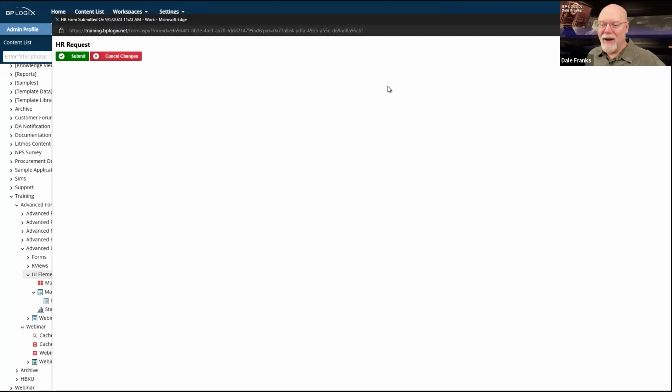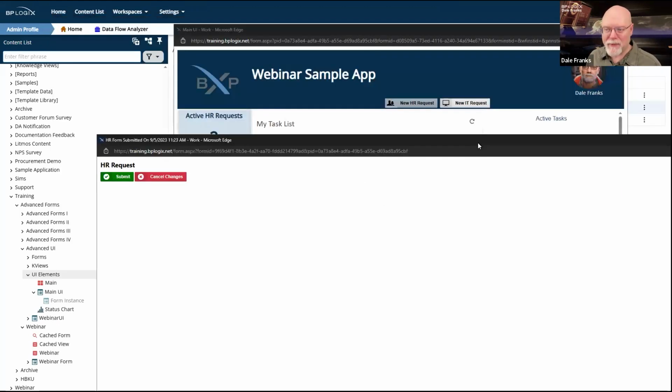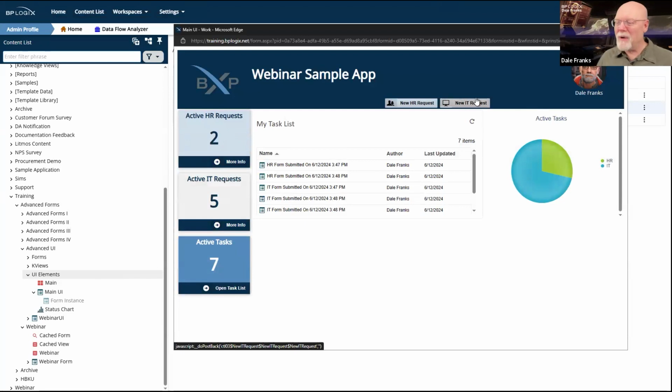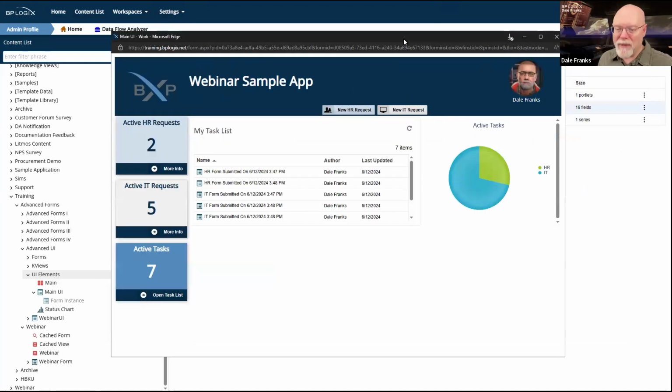Look, I can submit subforms from this particular form, technically, or at least additional forms from that form by adding new HR request or new IT request. It is a form. That's all it is. And yet it has all this cool stuff that's going on.